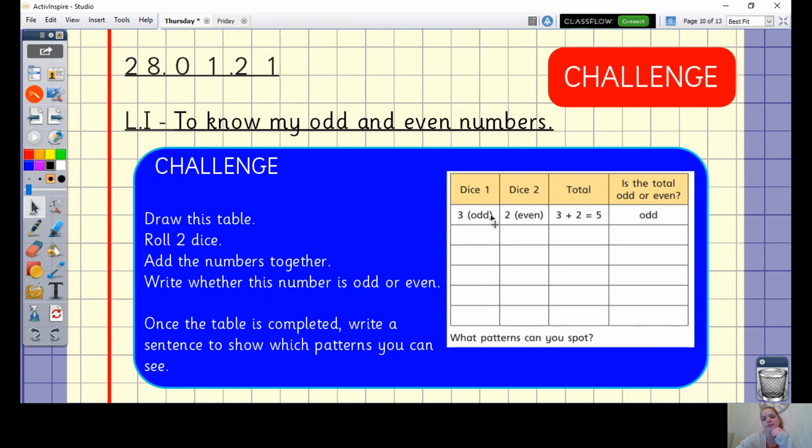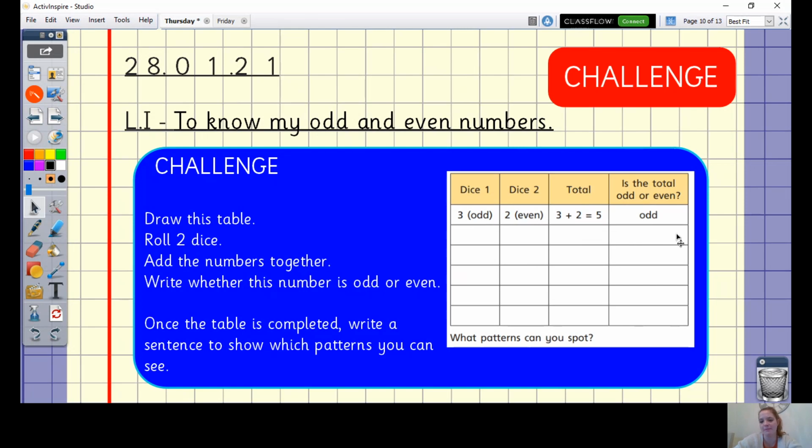Once you've rolled both your dice and you've written down the number they show, you need to add those 2 numbers together. So for example, 3 add 2 equals 5. And then I want you to work out whether the total is an odd number or an even number. And you'll just write there odd or even. Okay, so we're going to roll 2 dice, write down next to dice 1 the number that's showing, next to dice 2 the other number that's showing, add them together, and then we decide whether the total is odd or